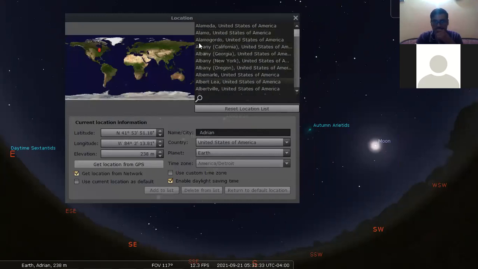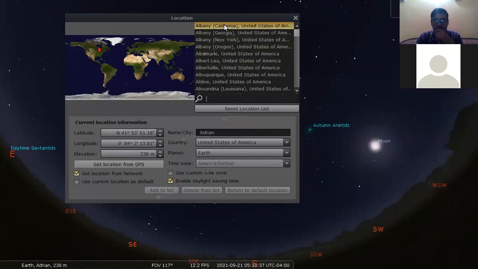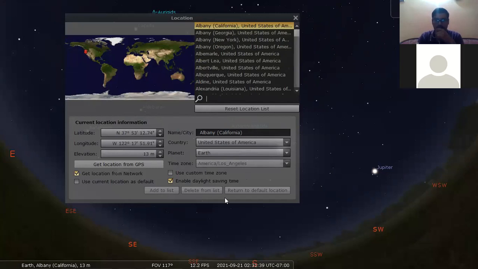You can change the particular state from here. For example, if we look at California and add it to the list, it shows the latitude and the longitude. You can change the elevation as well, but it doesn't depend on that, because it's already created, public software. Elevation and latitudes matter only to those who are working as geoscientists.